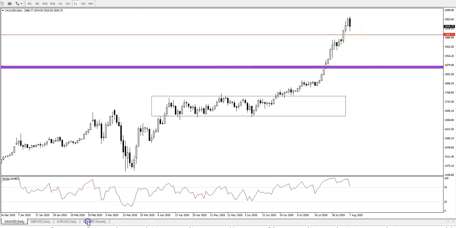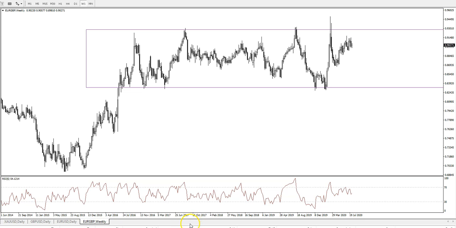Okay. Last but not least is Euro pounds. I always keep an eye on this currency pair for those who are new here. I always keep it because when the dollar doesn't move, when the dollar stalls, usually the crosses are the ones that would move. So in this occasion,